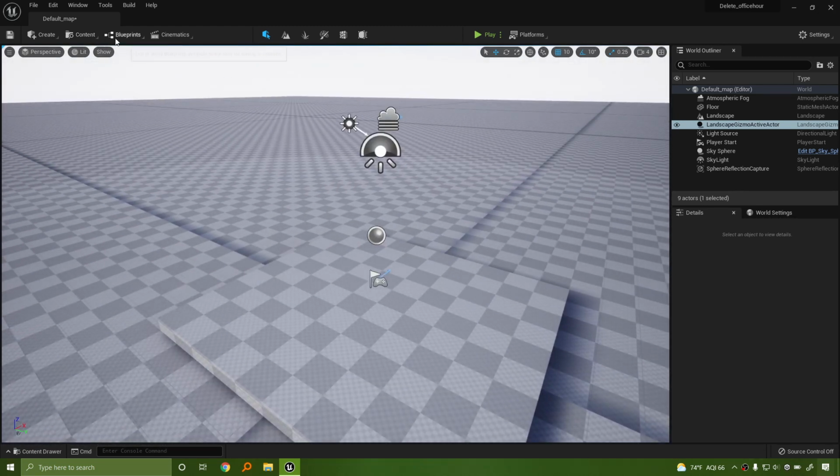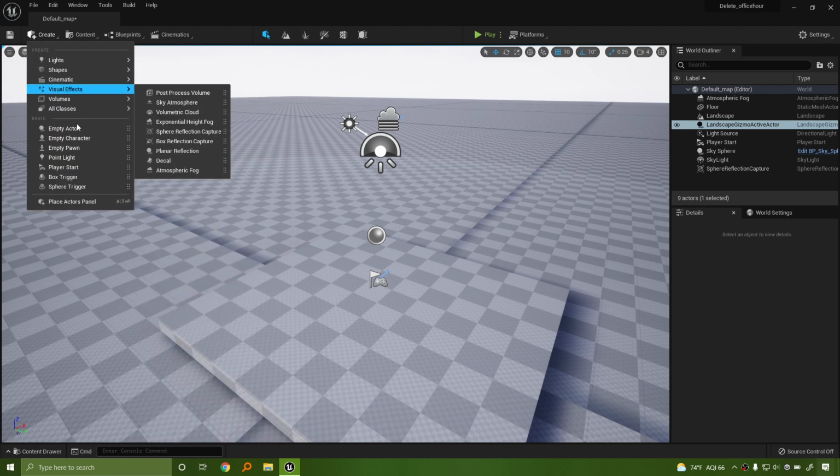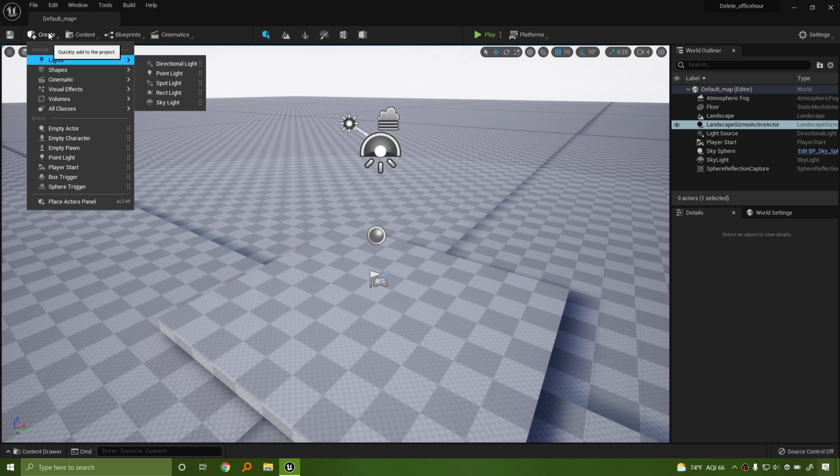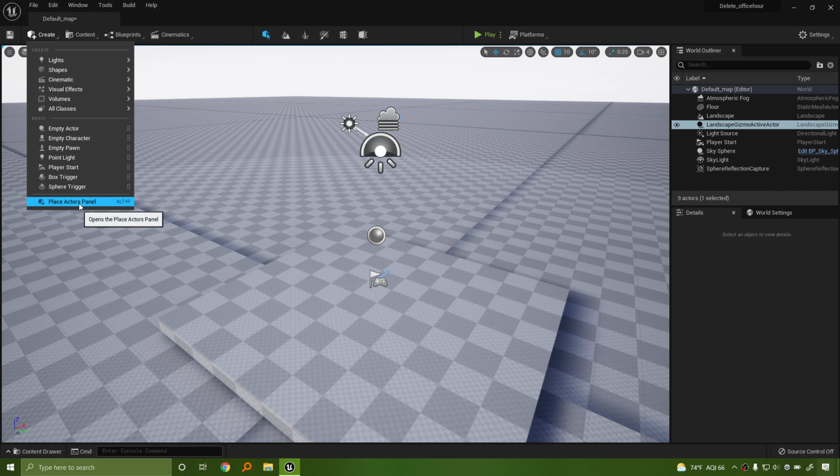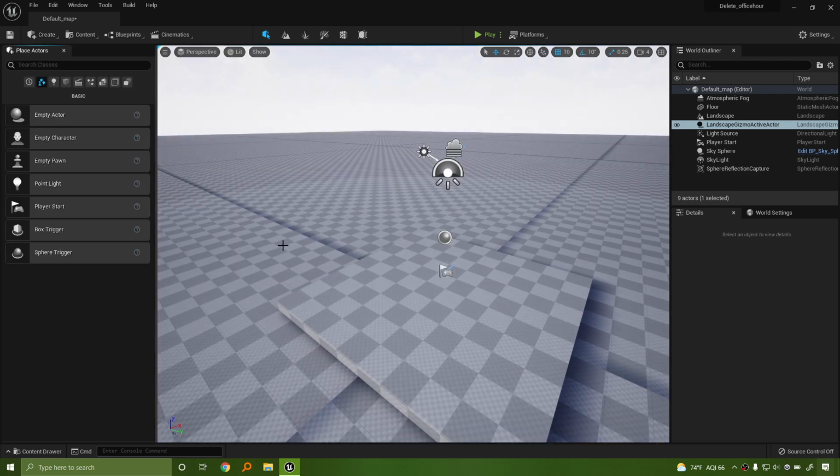So, because I mentioned this in the last demo, the BSP system inside of Unreal doesn't actually exist in this create panel. So if you're using UE5, which most of you are, you're not going to be able to find the geometry panel in here. You can go ahead and turn on the place actors panel by pressing Alt-P or by opening the create tab and opening up the place actors panel. If you are in UE4, this is going to be open by default.